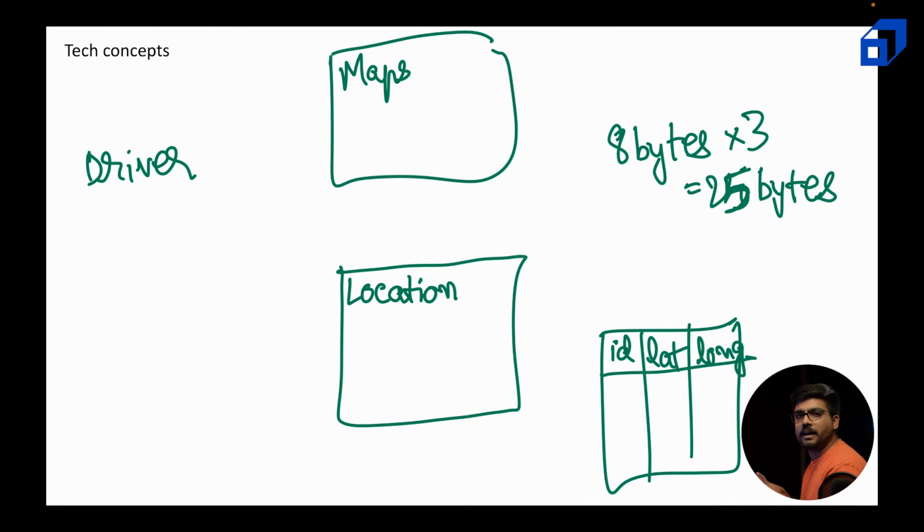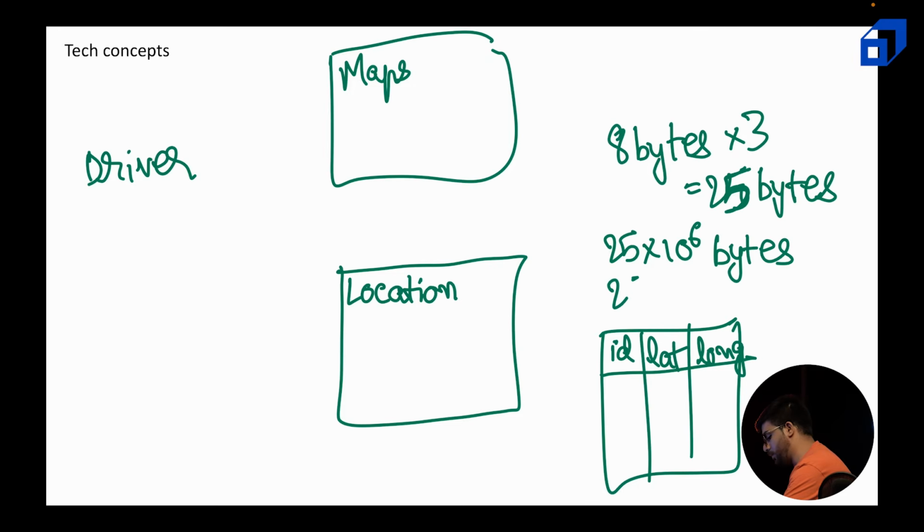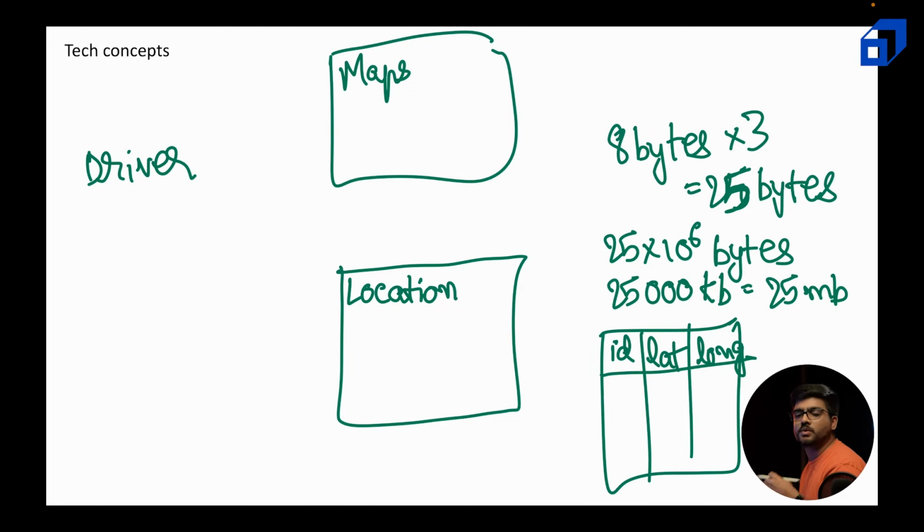Now there are 1 million drivers who are active every day. So the entire capacity of the table is going to be 25 times 1 million bytes. Now this is going to be 25,000 kilobytes, which is equivalent to 25 megabytes. Now 25 MB is quite small compared to the resource capacities we have nowadays. So this entire table can be stored in a Redis cluster in the form of a cache, so that the